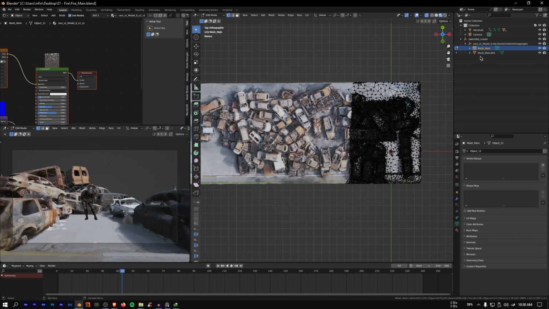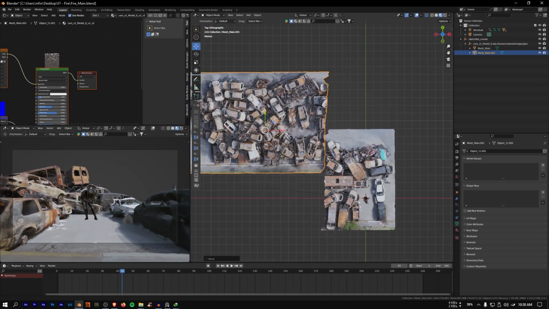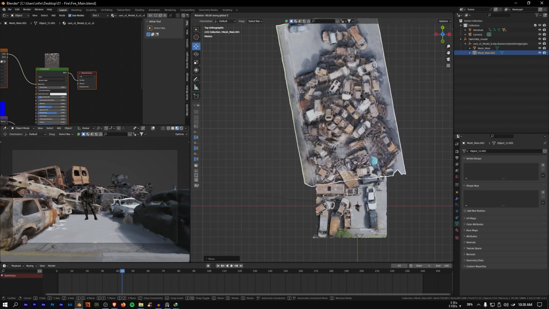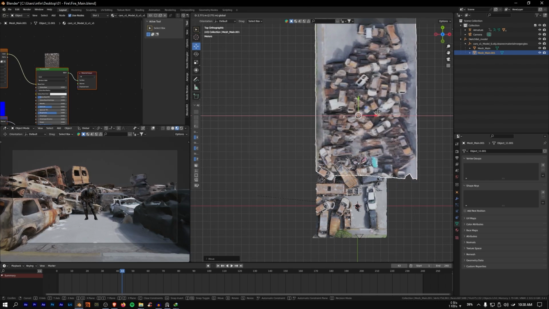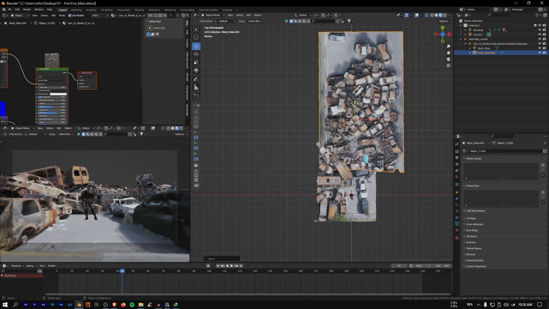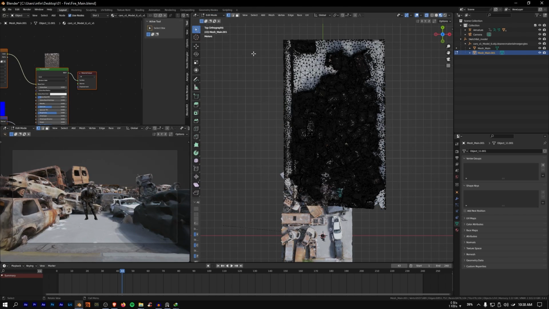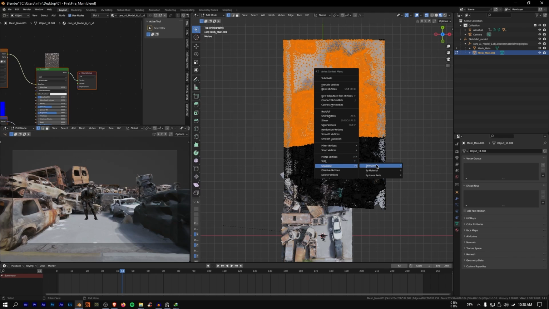And now right click, separate by selection. So you'll see now we have two parts. Go back to the object mode, we'll select this part and we'll just move it here in the background. Now press R Z to rotate it and we'll place it in the back, something like this. And now we'll cut this into another mesh again. So now select this part of the mesh, go to the edit mode and now select the part. We'll select the part until here, right click, separate by selection,